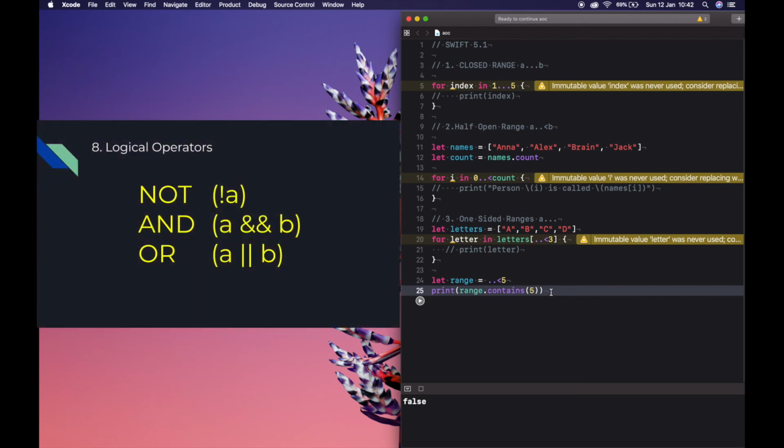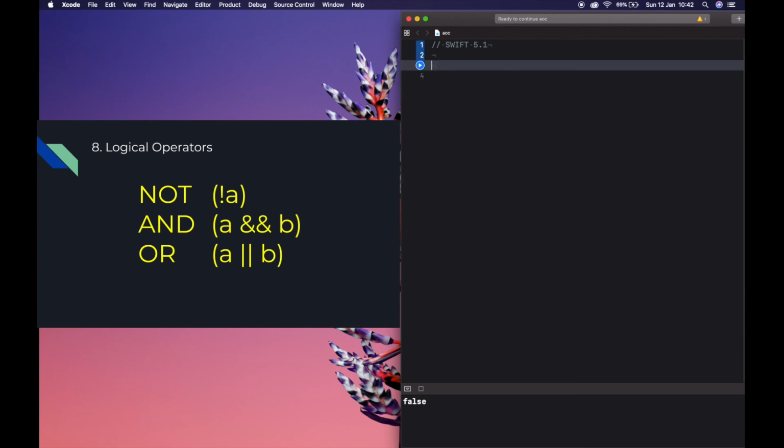Next, we are going to check the logical operators. We have 3 logical operators: logical NOT, logical AND and logical OR. Logical operators modify or combine the Boolean logic values true and false. First we are going to check the logical NOT operator that inverts a Boolean value so that true becomes false and false becomes true. For example,